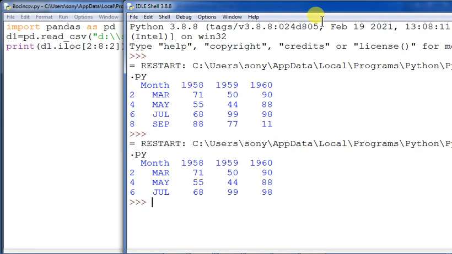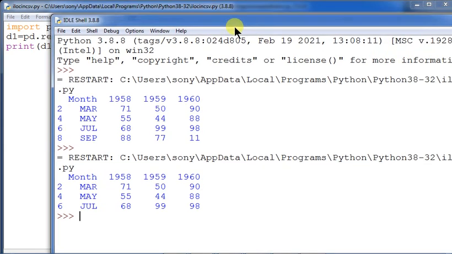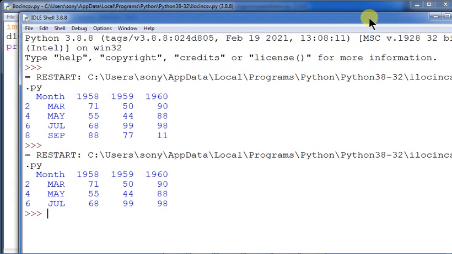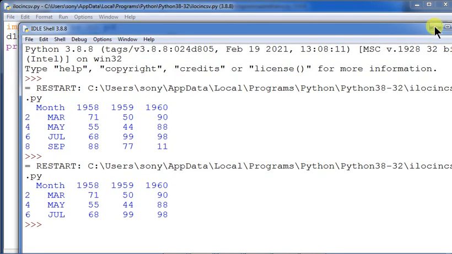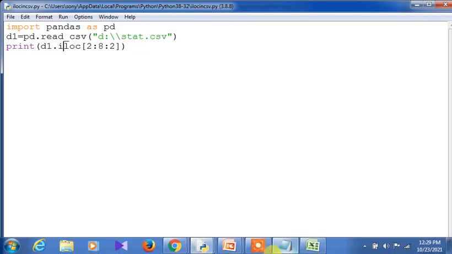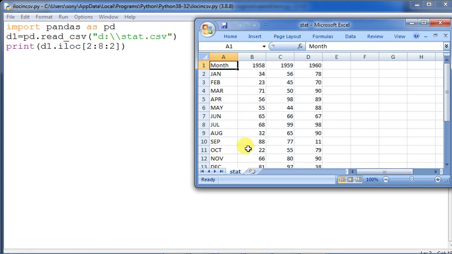You need to execute it practically, and then you have to understand it, and then you have to utilize it. But before using this particular program, you must create a file, that is stat.csv, and then apply this particular command. The stat.csv file will be in this format. I will be uploading it into the Google Classroom, then you can access it by storing it in the D drive and then apply the command.